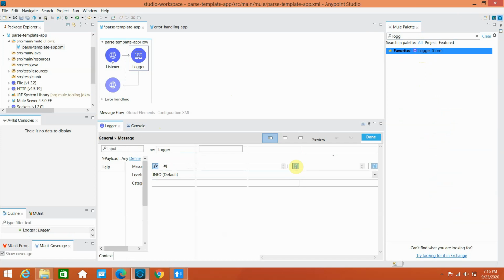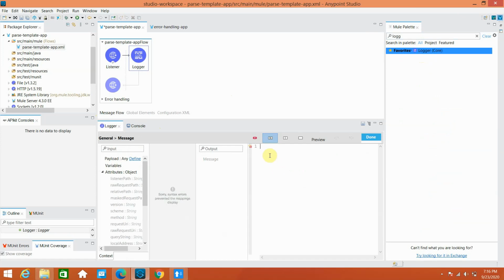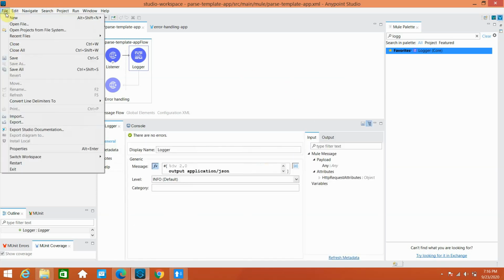I will open this and say %dw 2.0, you can use 2.3 also, which is the latest one. Output application/json. I am writing the payload in JSON format. Simply click done, and save.